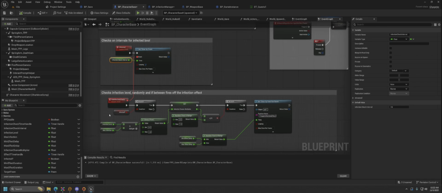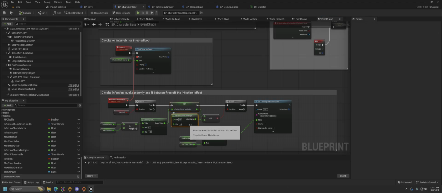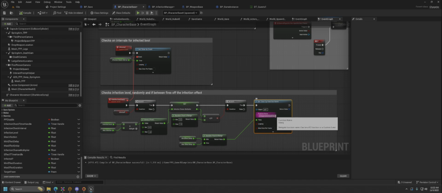So here we have a branch. We don't really need it because unless you're infected, it shouldn't even get down here. But just in case, we're checking infected, make sure it's true. We're setting a chance multiplier based on the infection level divided by max infection and clamping it between 0 and 1. And then we're using a random float between 0 and 1. So if your multiplier is less than or equal to the float, and it's true, it will trigger the infection